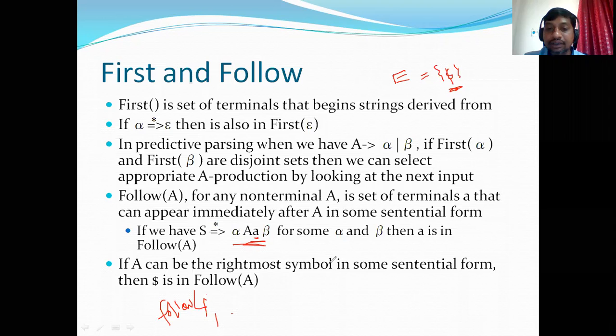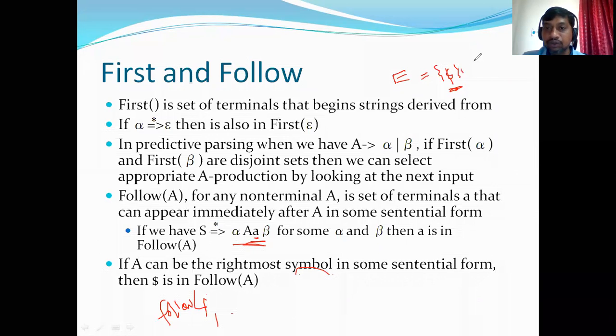Then the third rule states that if C derives epsilon, then follow of B is in follow of S.